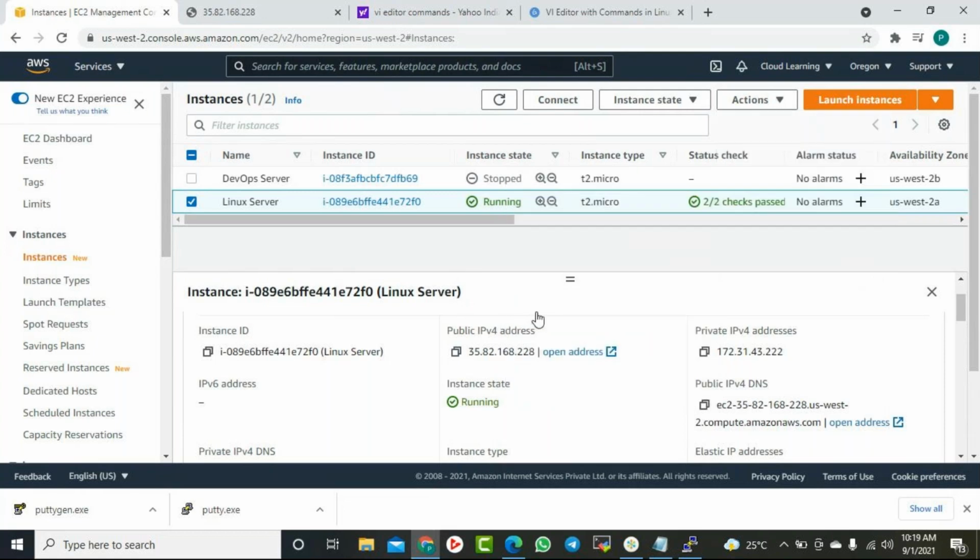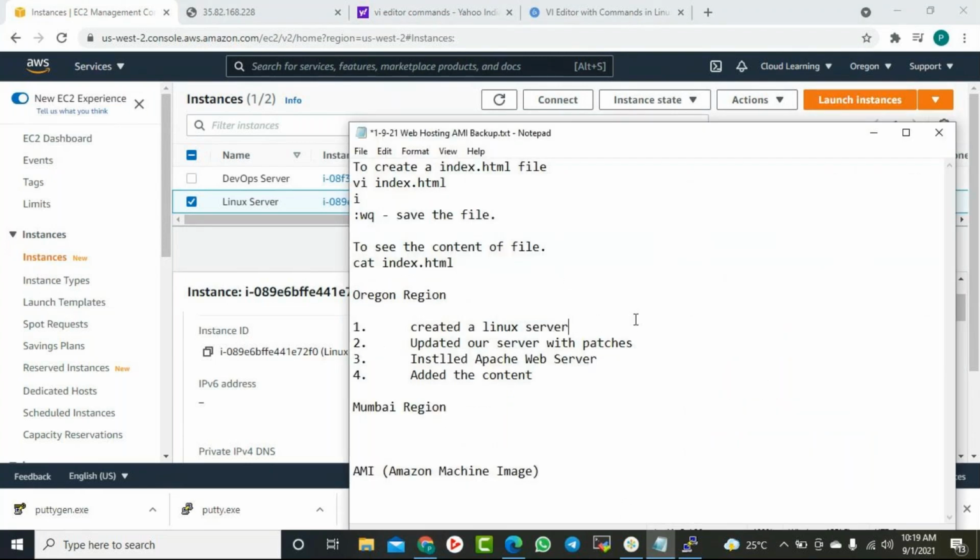So now what you need to do is go to the Mumbai region, and note down the configuration of this server, because we need the same duplicate server.